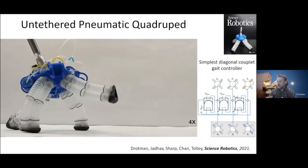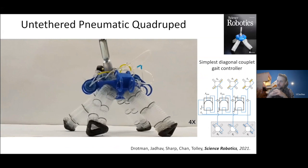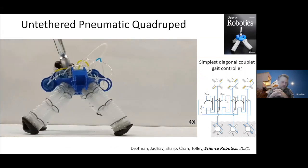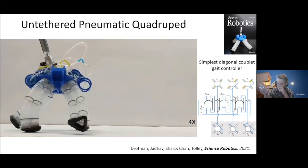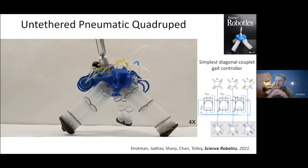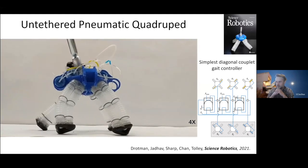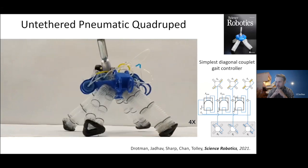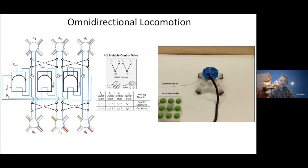So building off of this, we looked at how we can use this sort of ring oscillator as a central pattern generator for a pneumatic soft-legged robot, and that's what you see here. The gait is not optimized because we used the minimum number of valves in this case, and directly connected the three outputs from a three-element circuit to the legs of this robot. But then we looked at how you can build up more complexity with relatively simple